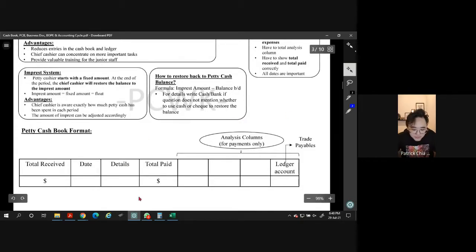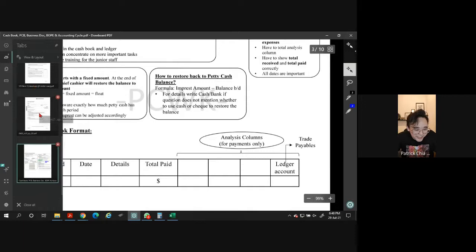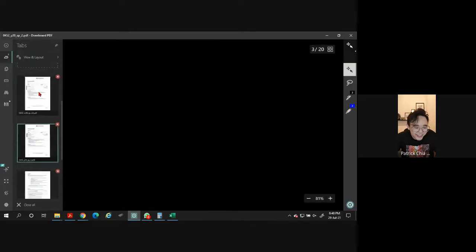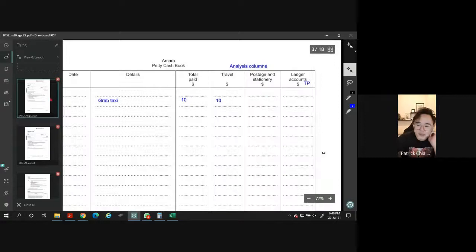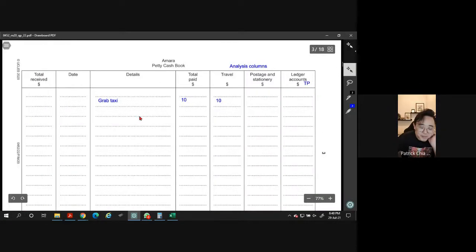Okay, so I'm just letting you know normally how marks are awarded for petty cash book. Can I not do this question with you all? Can you all try yourself? There's only one question, so that I can use the time to go through the business document. So just make sure you follow the tips. Total your analysis column, do your balancing all nicely.